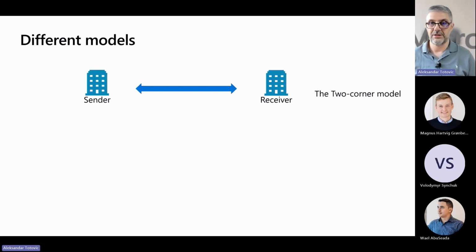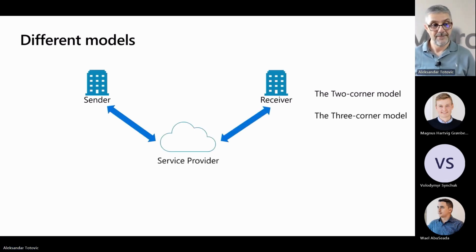We can create an electronic document file and send it via email or some other way. This is something you already have in Business Central. You can export the PayPal format and that's it. It can work. But when it comes to the three-corner model, it is more complicated because now we have a service provider. We need to keep to the specific format the service provider asks from us, and we do not contact our receiver, our customer, directly. Now we need to send our electronic documents to some API, a different communication model with the service provider,